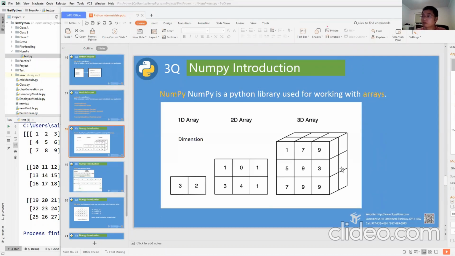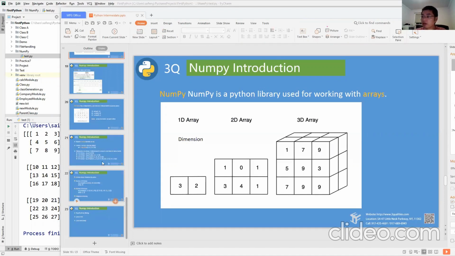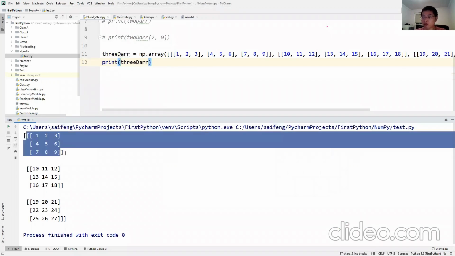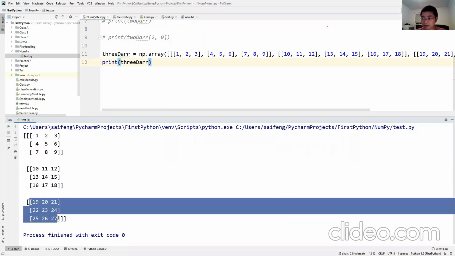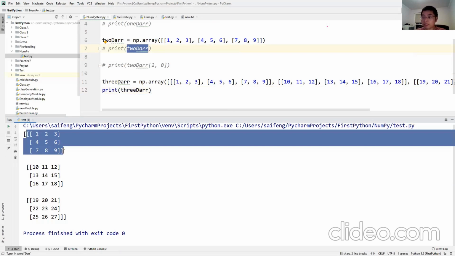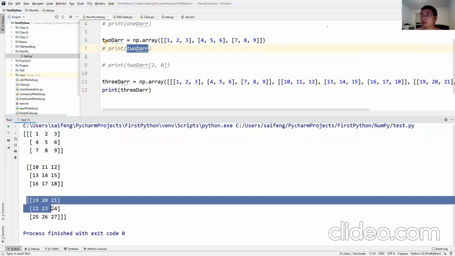But if you really look at this, it is not that difficult to understand, because this is actually containing three 2D arrays. Remember when we printed out the 2D array, it looks like this. And here, the 3D array is one dimension above the 2D. That's why you see the first 2D array, second 2D array, third 2D array.